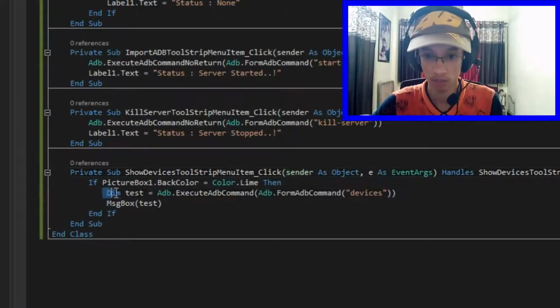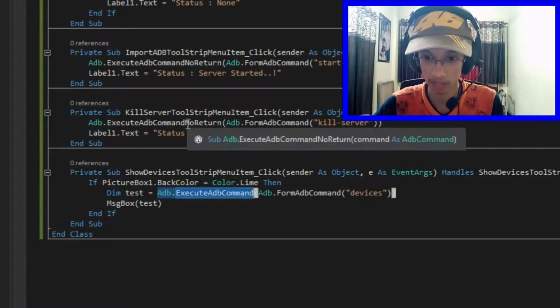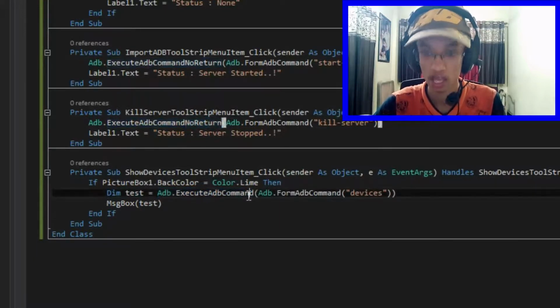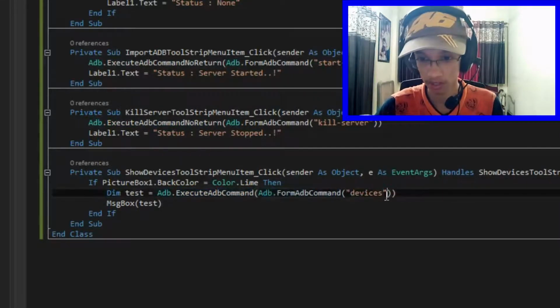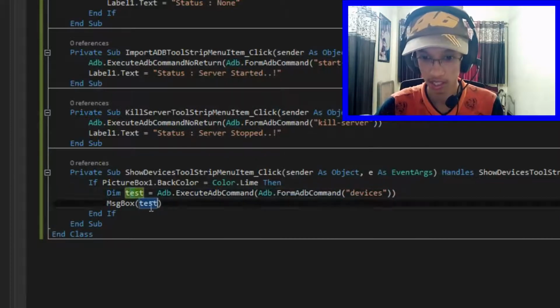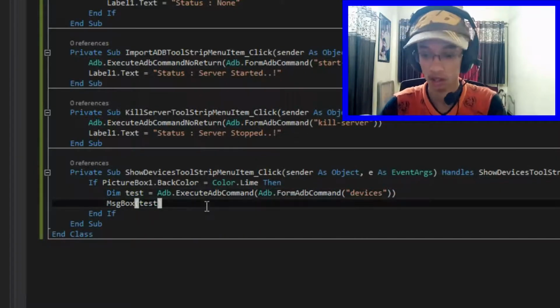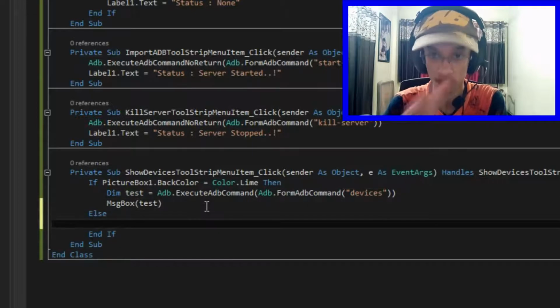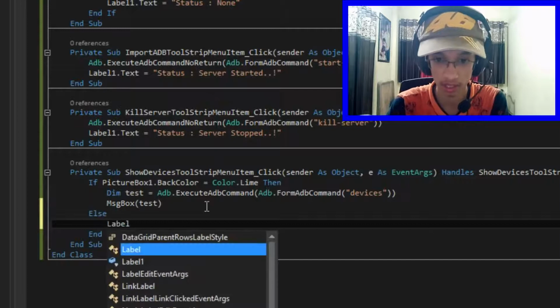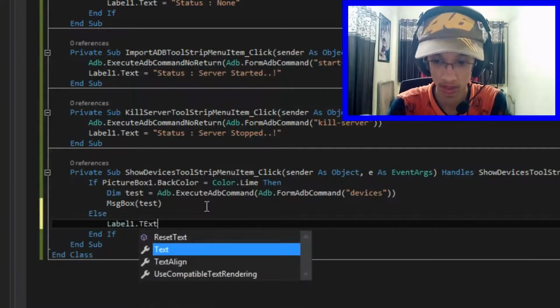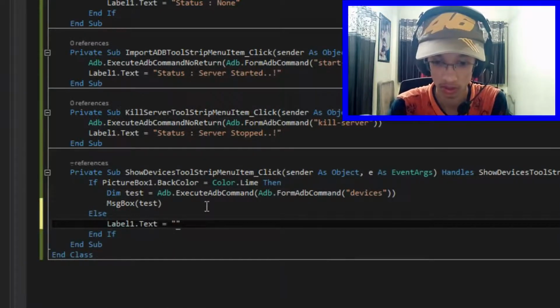Okay, so we have declared a variable in which ADB execute command, but this time there will be a return statement because I want some output. So here ADB execute command and form command, devices in the text, and here it will show that. Or else, if our device is not connected, then label1.text is equal to stay. Alright,